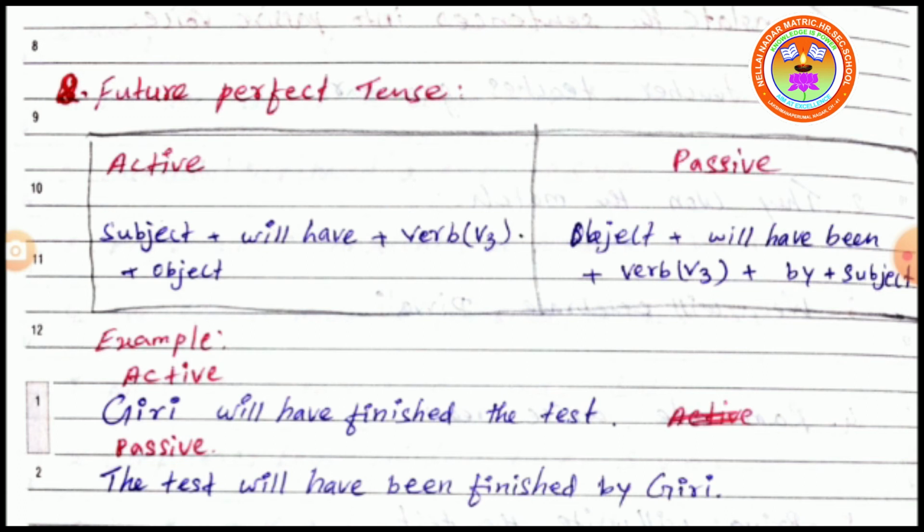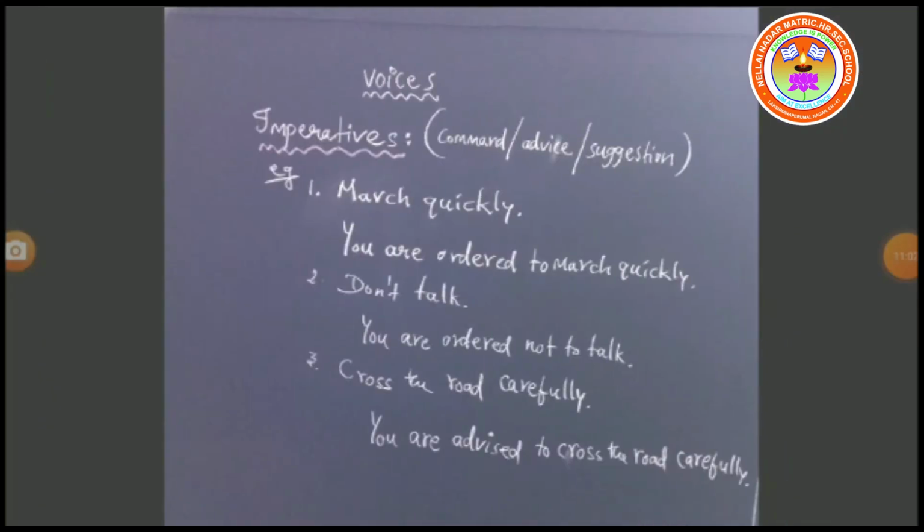Okay, students, so far we have seen how the statement sentences can be translated into passive voice. Now I am going to teach you how imperative sentences, that is order or command, request sentences, can be changed into passive voice. For example, look at the first one, march quickly. In imperative sentences, we need not have subjects. We begin with the verb. So for these cases,